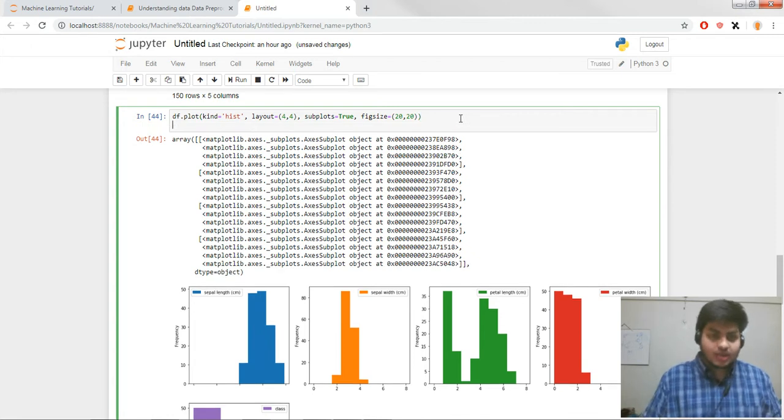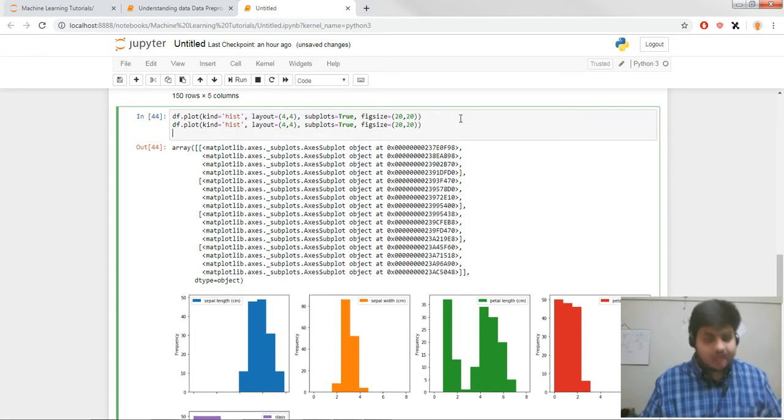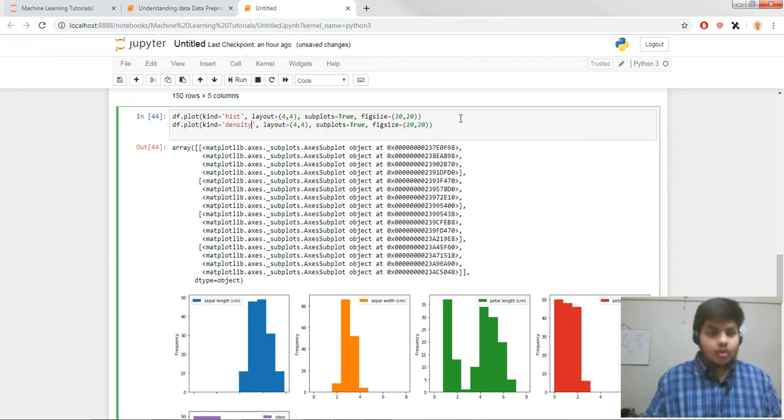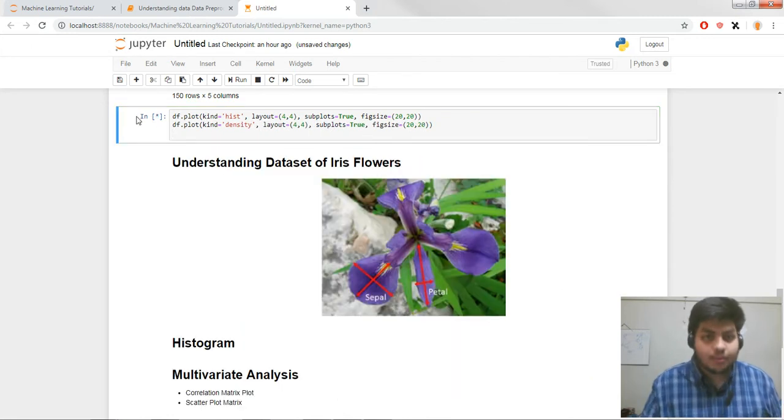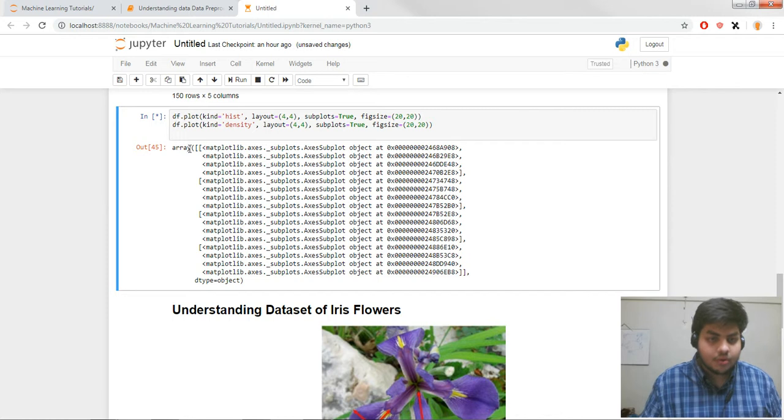So I'm just going to go ahead and do the same thing, and draw the density plot now, and you will see the difference. Why do we need a density plot over a histogram, and why is it really important to actually use the density? So if I just go ahead and plot the density plot right now,